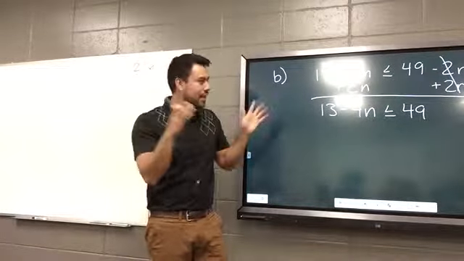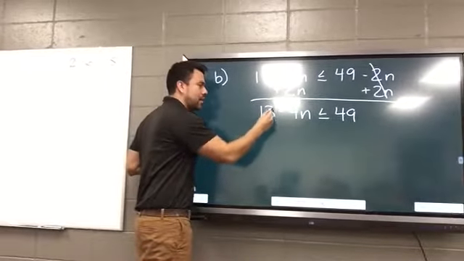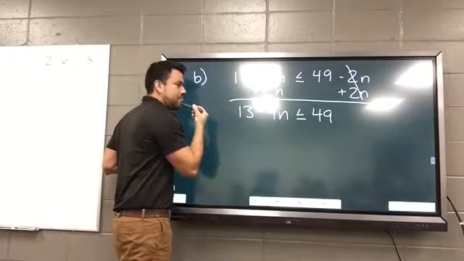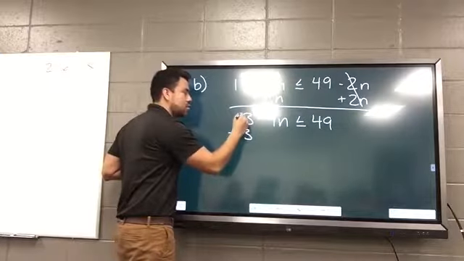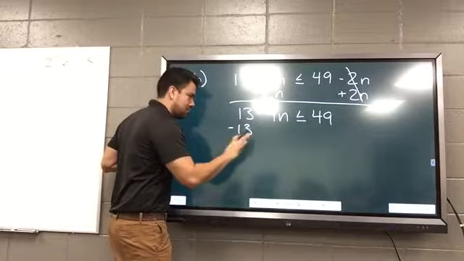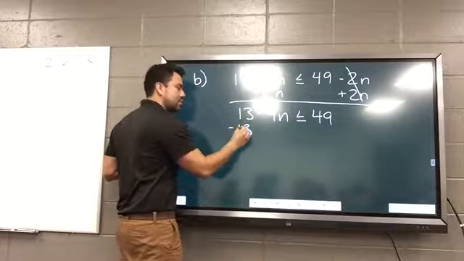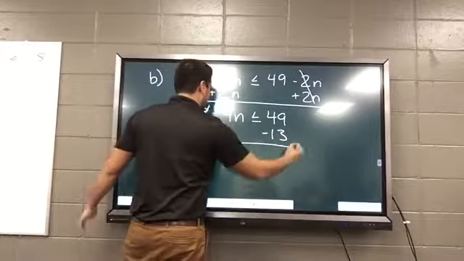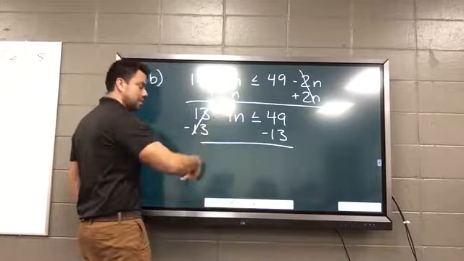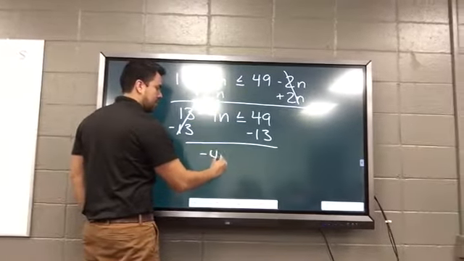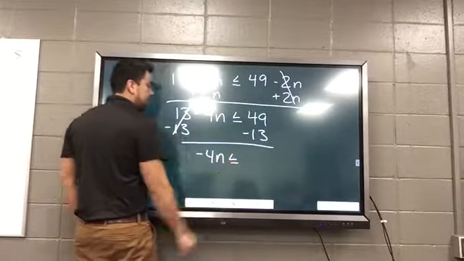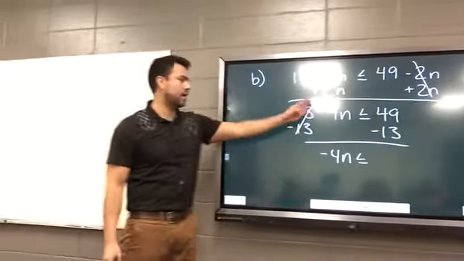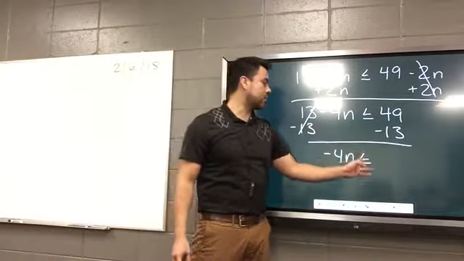And if you didn't fully get that, how do you get rid of this 13 anyway? You subtract. Yeah, I subtract, because what's 13 plus 13? 26. But what's 13 minus 13? Cancel out, but what I do to one side, I do to the other. So what am I left with on the left side? Negative 4n. Negative 4n is less than or equal to